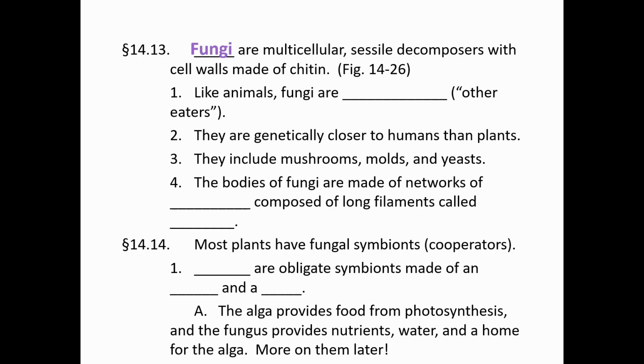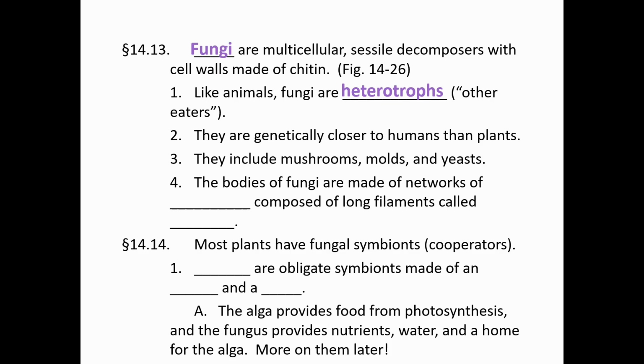So now we have cell walls kind of similar to a plant, but it's a different material. In plants, the cell wall was made of cellulose, and in the fungi, we're now using chitin. Like the animals, we are heterotrophic, meaning we eat other organisms. We cannot produce our own organic molecules using an inorganic source. We have to consume organic sources. And so genetically speaking, given these similarities, we are closer to fungi, or fungi are closer to us than they are to plants. And so this is going to include things like mushrooms, including the ones you may eat, molds,